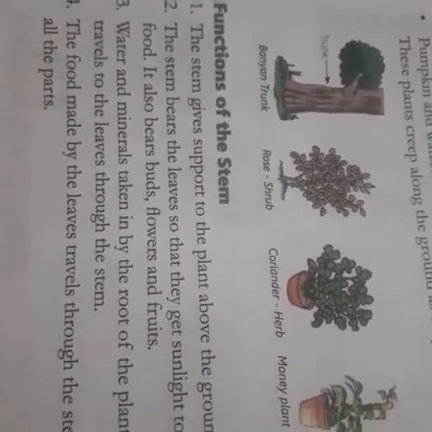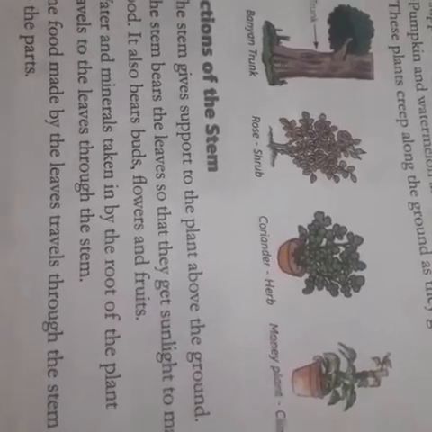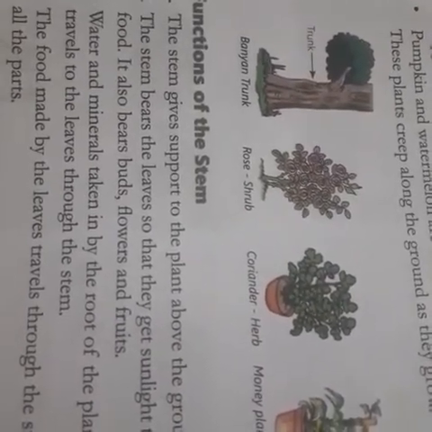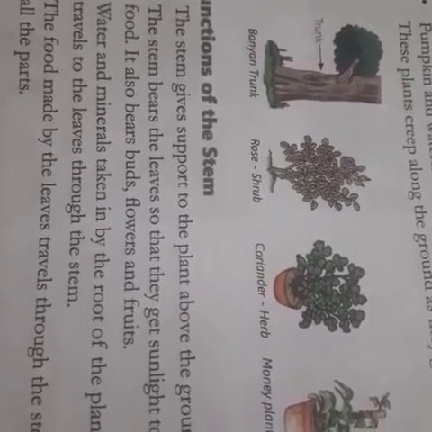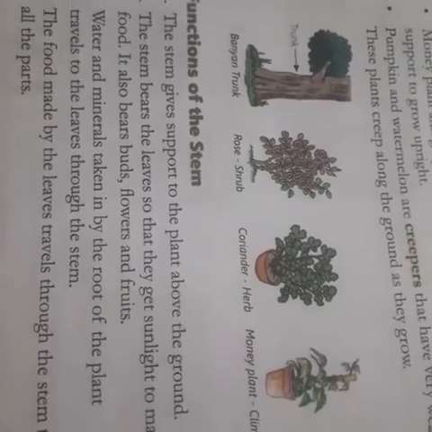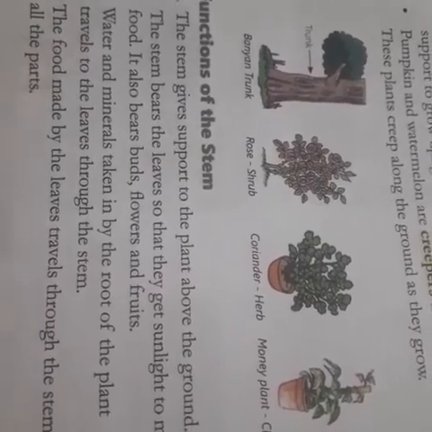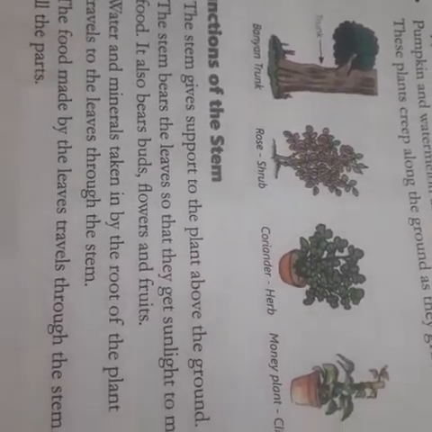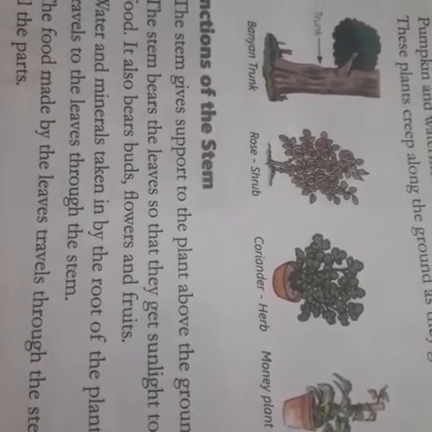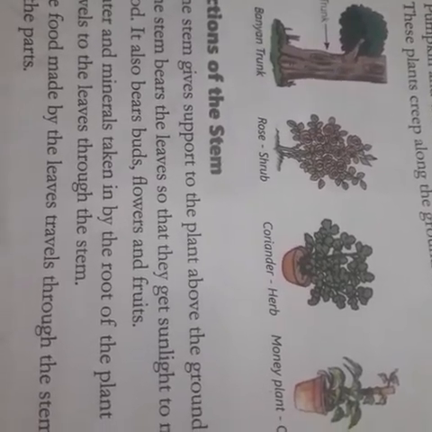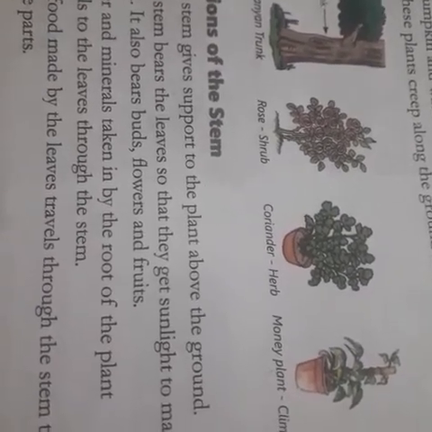Stems may be modified to perform special functions. Some modified stems are for storing food. Examples are ginger, turmeric, potato and corn. These are modified stems and also help in the vegetative multiplication of a plant. Others support plants in climbing with the help of the stem. Tendrils, as in grapevine or pumpkins. Twiners have a weak stem which twines around a support.